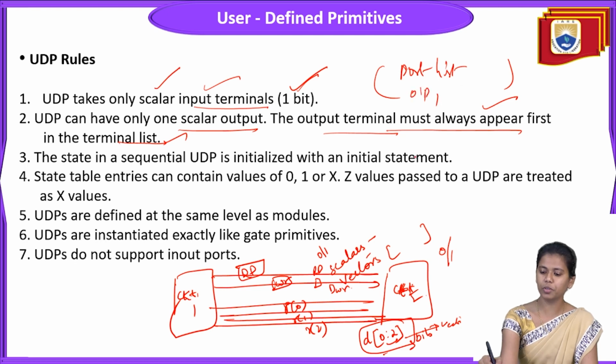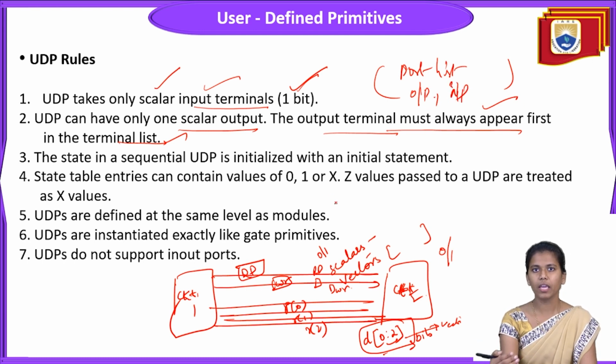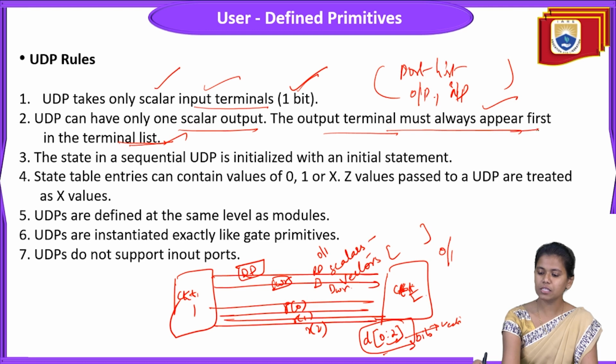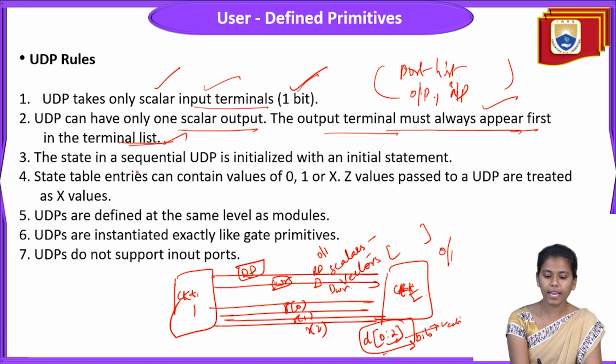The outputs should be mentioned first, and then comes the input, right? So the same way in the UDP rule, the second rule, it says that in the terminal list, the output must appear first. Okay. Then the third point is the state is a sequential UDP is initialized with an initial